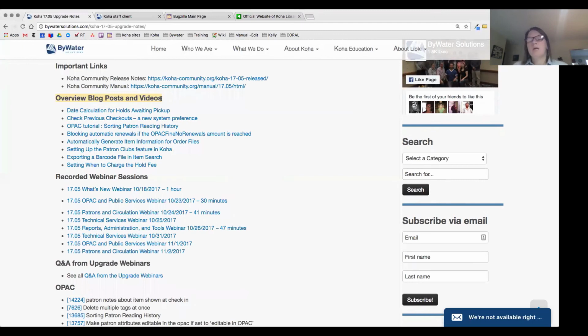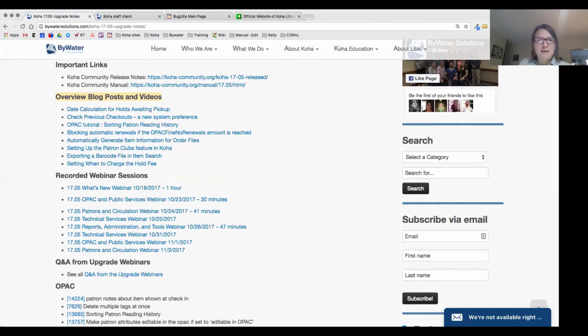Now, one of the big changes with the 1705 is they allowed that MARC XML to have its own table in the schema. And so that did cause some reports to change functionality. Bywater went ahead, and you might have gotten a ticket from Barton letting you know that there were some reports that needed to be just updated, and that was that simple update button, as well as other reports that needed some more little massaging, I could say.